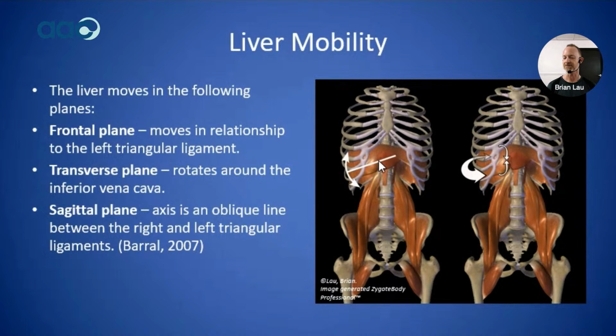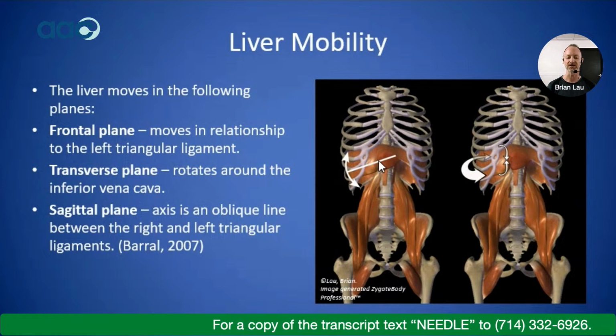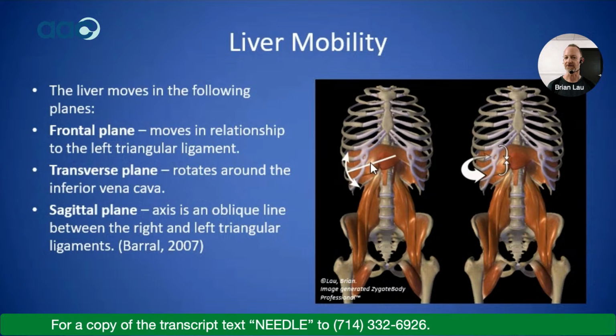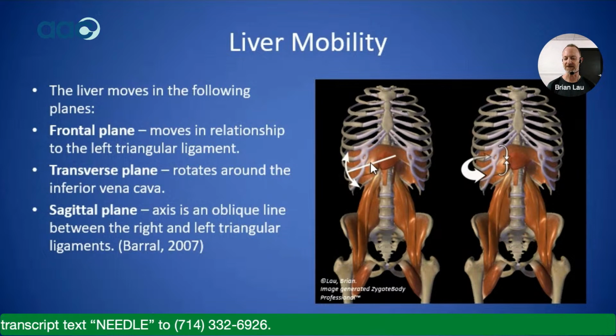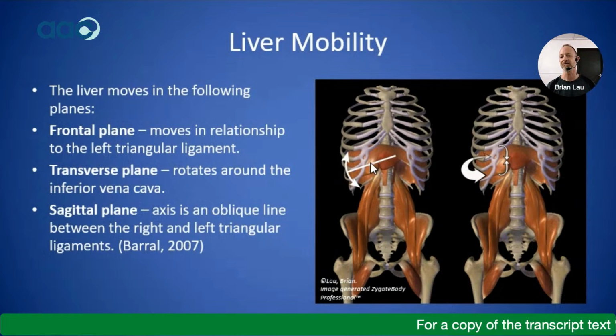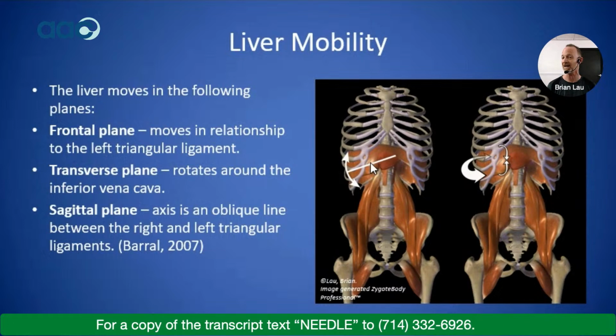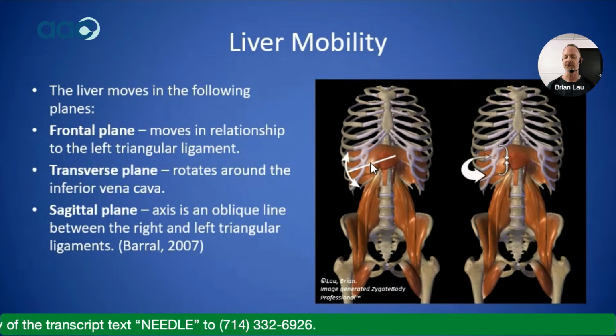So just a real brief summary of movement of the liver. The liver itself has movement in context of these ligamentous structures like the lesser omentum, in context with the diaphragm, of course, also. So the liver moves in the frontal plane. It moves kind of up and down. So in any side bending type activities, it would be very active. We're not going to look at side bending in this particular webinar. I'll come back to that on another webinar in the future.